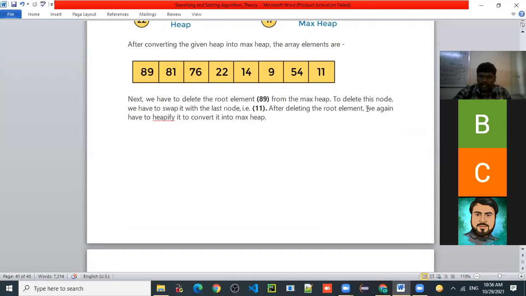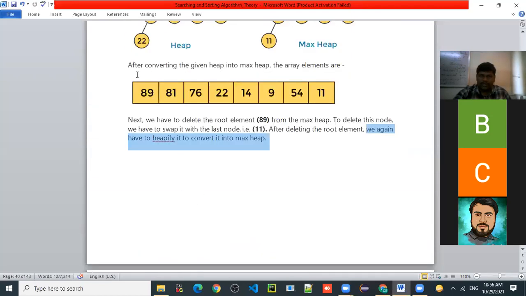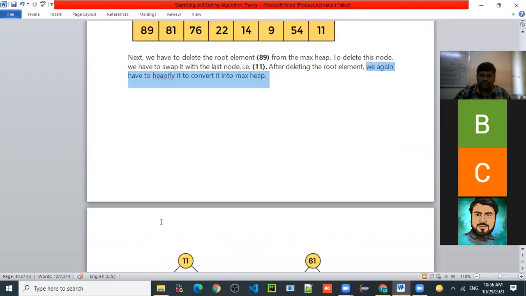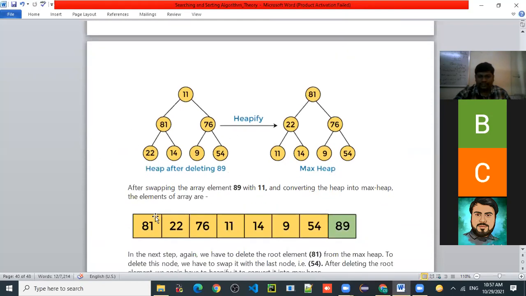Now again we have to heapify it to convert it into the max heap. After deletion of this root node, we need to apply the heapify process again. The heap after deleting 89 will look like this.